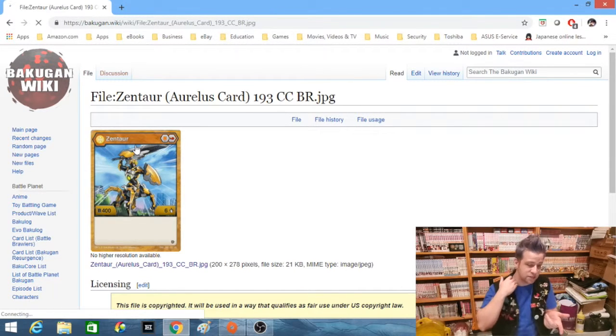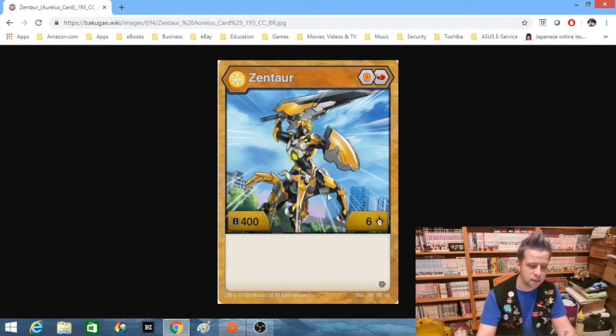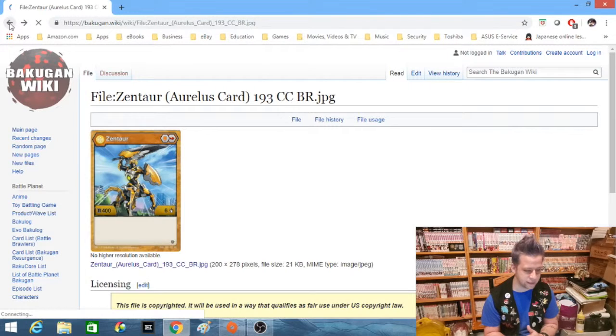So next up we have the Centaur. He is a new Bakugan. I don't think we've seen him yet. He is in the Aquos faction, and we have the shield and red fist, 400 B power and 6 damage. He looks really, really cool. Like, I like him a lot. He looks really awesome. So I'm excited to see him in Pyrus, of course,